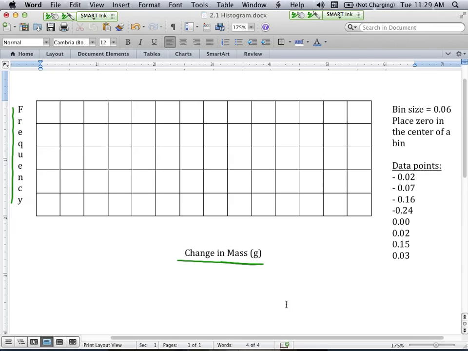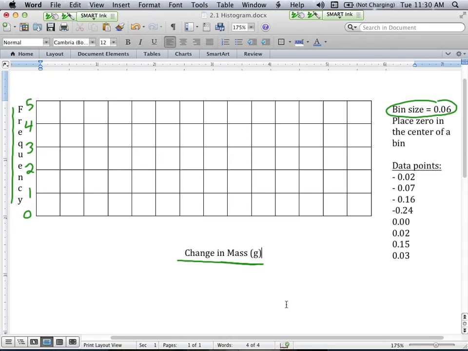On the frequency axis, go ahead and label up as high as you need to based on your data set. This will show how many points there are in each bin. Now we need to set up our bins on the x-axis. So this bin size is one we've never used before,